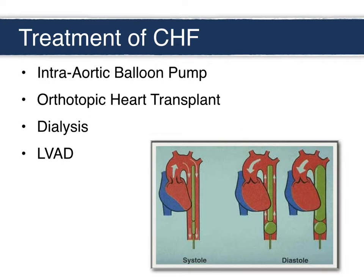This term is mostly what you'll see: orthotopic liver transplant versus a liver transplant where someone gets just one of the lobes of the liver. So orthotopic heart transplant can help to treat CHF. How does this work? Well, if we think about some of the causes of CHF, either a non-compliant ventricle or a hypertrophied ventricle,